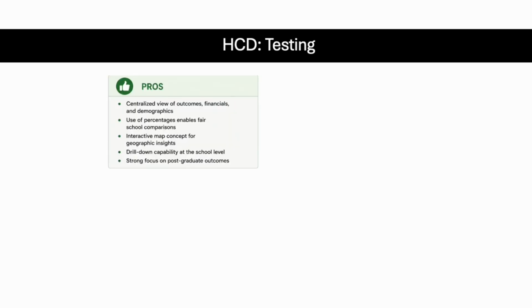So when I first did HCD testing, we had a matrix come up, discussing with fellow classmates. So it's kind of the pros. It was nice to see the outcomes, financial and demographics, and it's going to allow for school comparisons, and the interactive map is helpful for geographic insights. So it really helps give us more information at the school level, and it's nice that it focuses on postgraduate